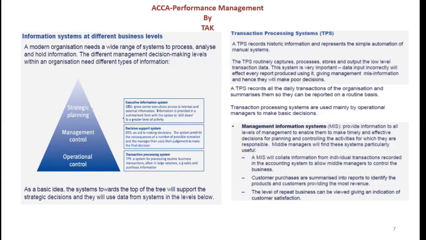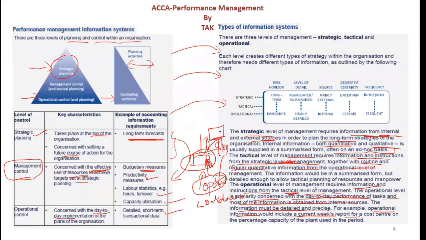As I told you, for every level there should be a different sort of information system that can incorporate the major needs, as we discussed. At the strategic level, their focus is long term, aggregate, summarized, majorly external information, uncertain, and infrequent. This is more of a frequent information system, and over there the middle means a mediocre need in every perspective. So you can accordingly devise some information system or management system or ERP or something like that that can facilitate